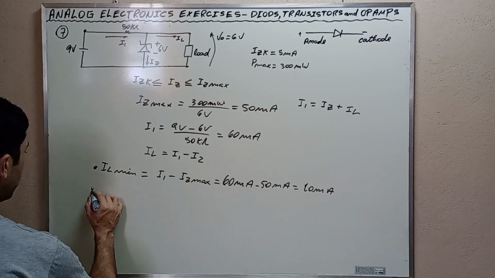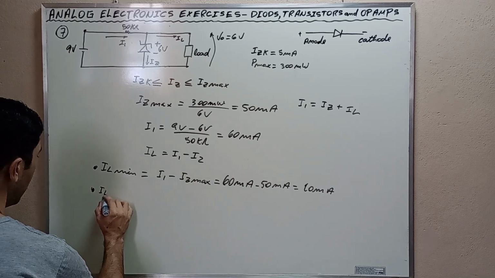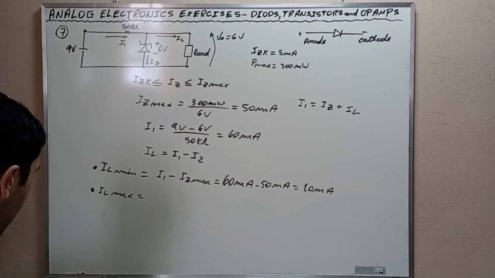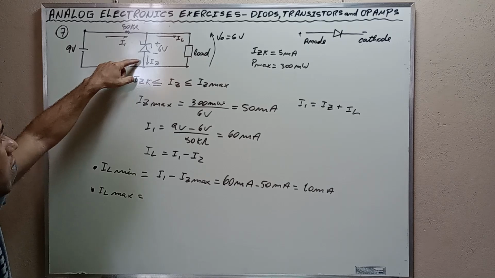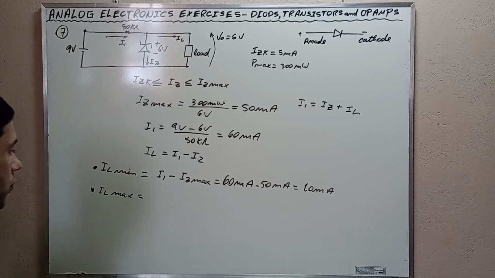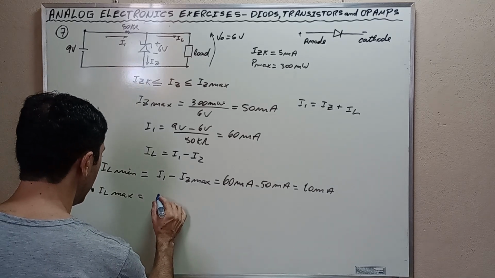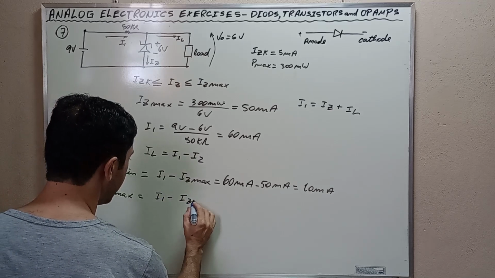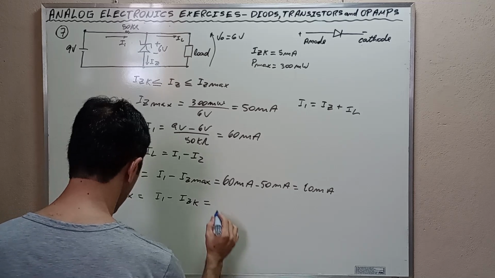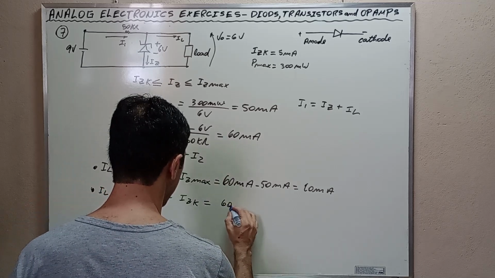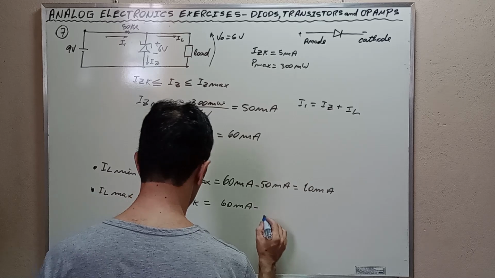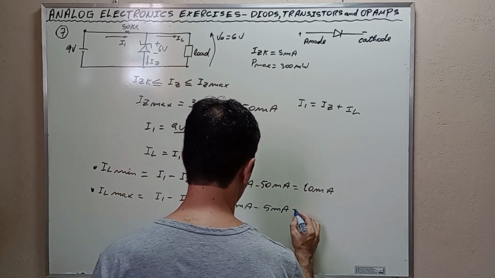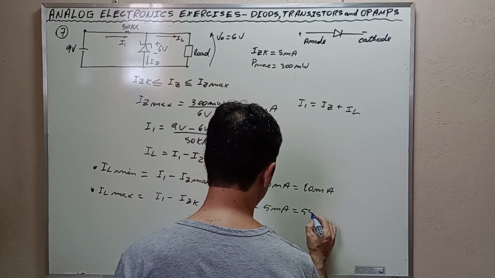The maximum value of the current that goes to the load happens when the Zener current is minimum. Then I1 minus IZK is equal to 60 milliamps minus 5 milliamps, and this is equal to 55